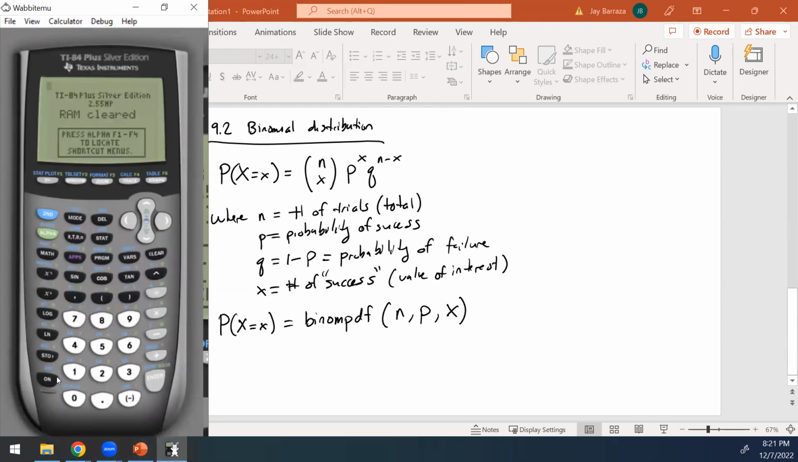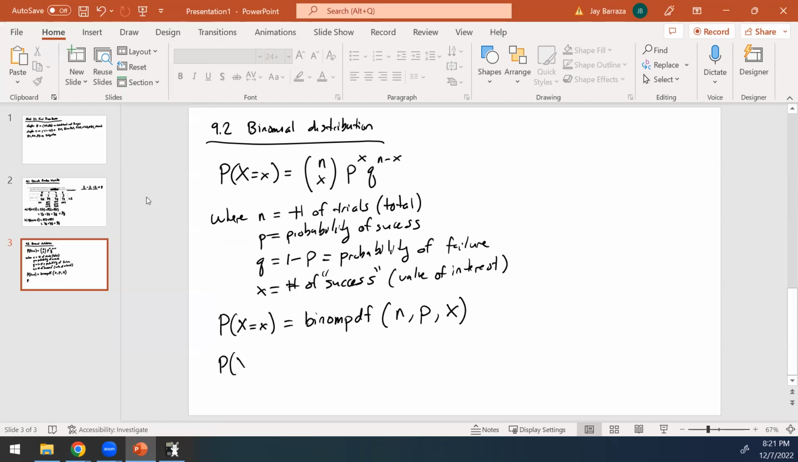There we go. So to get there, you go to second distribution, and then you go down to binom PDF. Binom PDF is the equal sign. You really have to remember that it's the equal sign. And if you want to do an inequality, that is binom CDF. So if I want the probability that x is less than or equal to some value, that's binom